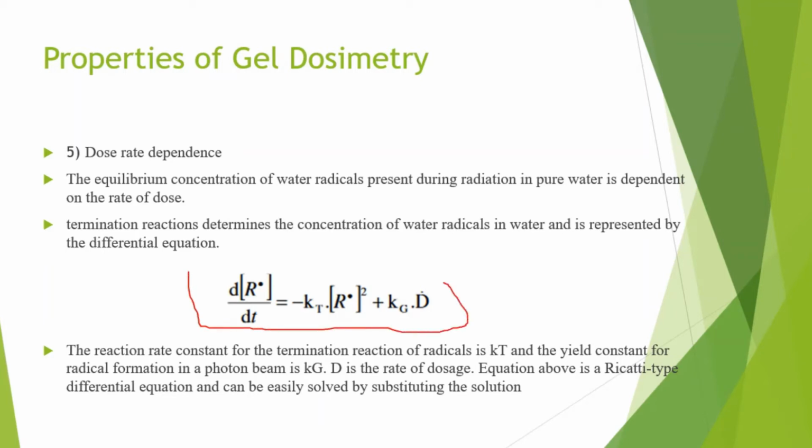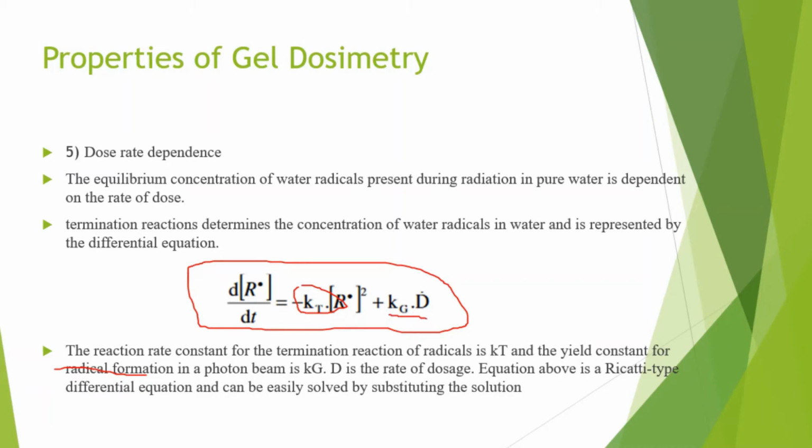The reaction rate constant for the termination reaction of the radical is kT, and the yield constant for radical formation in a proton beam is g. Like this one, kg times g is the dose rate,